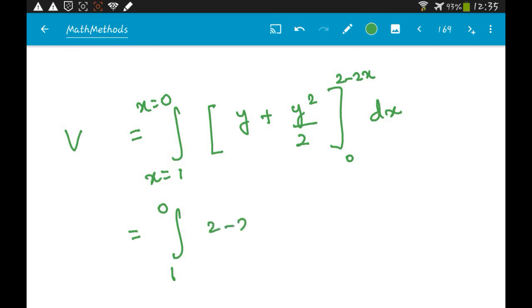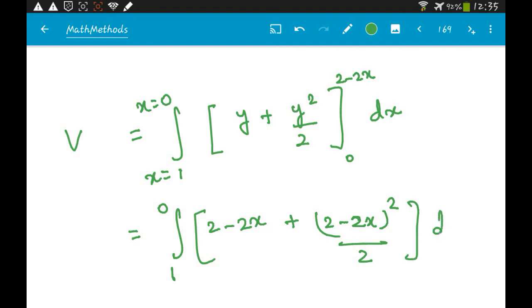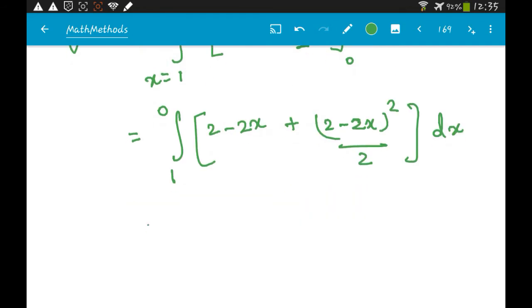So you will get (2 minus 2x) whole square by 2 into dx. Okay. So you are going to get 1 to 0, 2 minus 2x plus 2 into